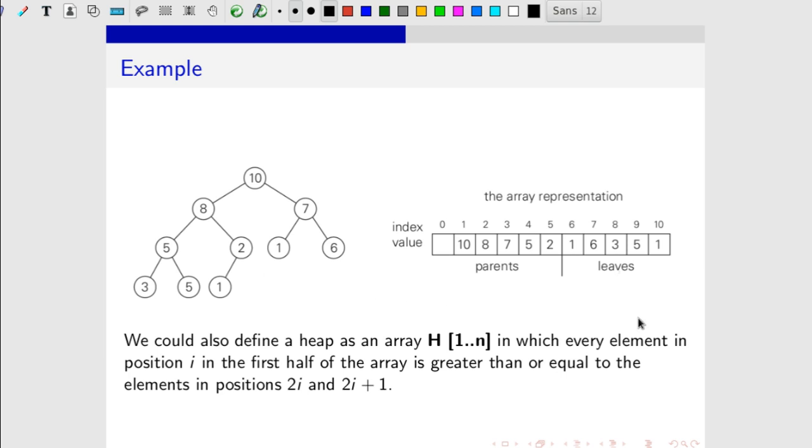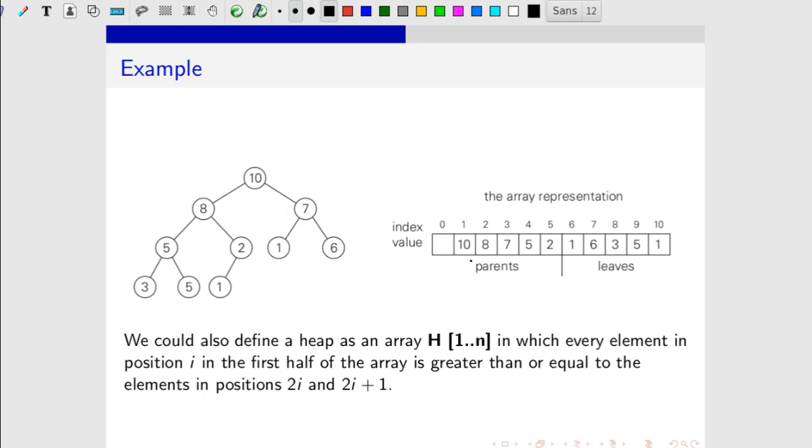So, this shows an example of a heap, specifically a max heap. The largest element, that is 10, is in the root. This shows the corresponding array representation of the max heap. The heap is usually represented as an array, and the index should start from 1; 0 is vacant.